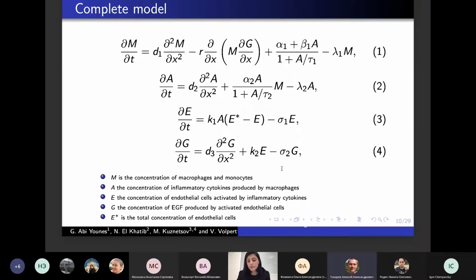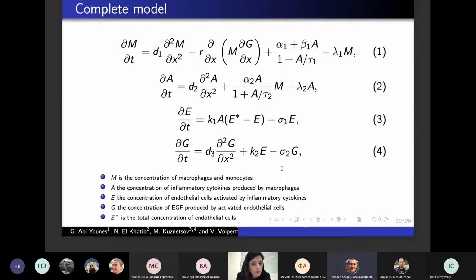Now here, could I please ask another question? Well, yes. You write your equation on some section along the x coordinate, and as I understand, E is on the one side of this edge on the vessel wall, and all other variables M, A, and G are distributed. Yes. So, for example, I am interested in the